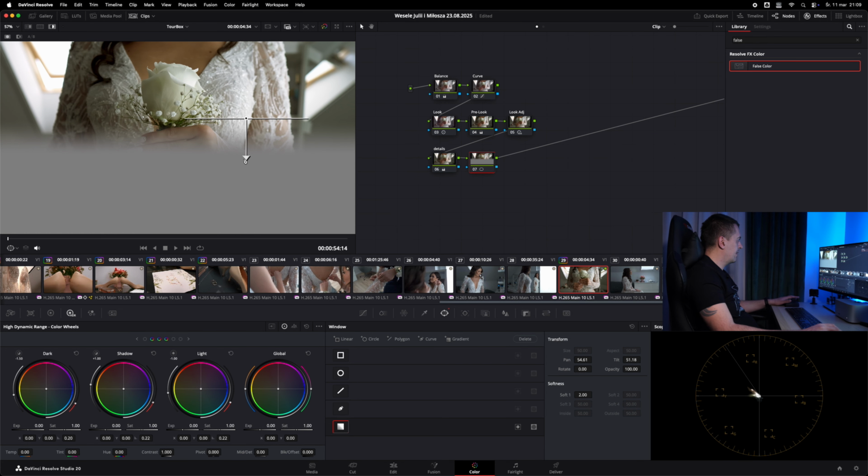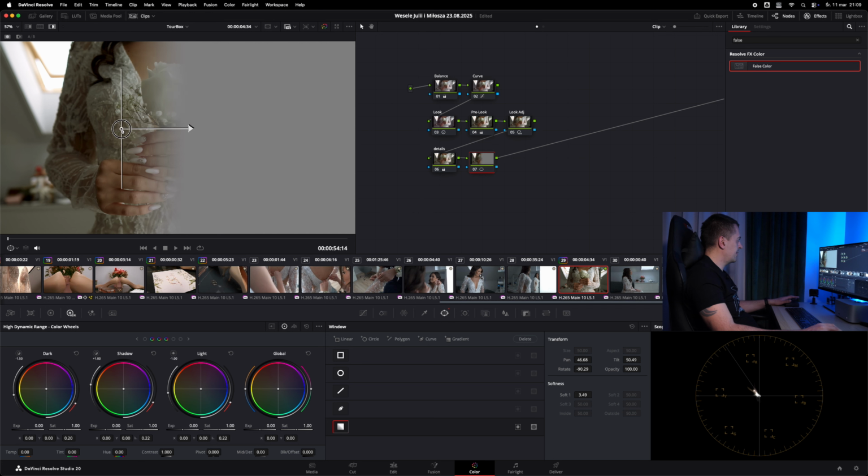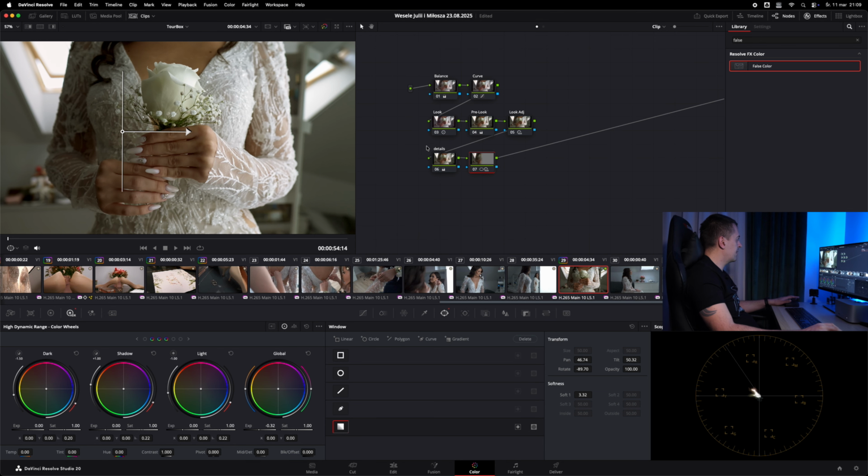So the right side of our image will not be affected. Okay, let's move somewhere around here. And now in the HDR palette, our exposure, let's move it down a couple steps, maybe somewhere around here. And let's check it out, how it looks. Yeah. You see how the effect worked perfectly.